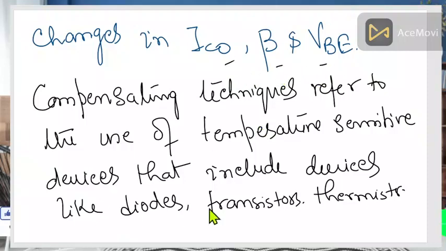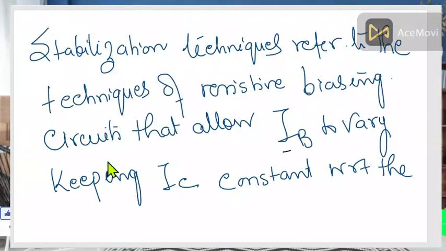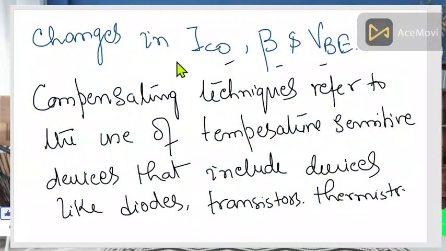So whatever change is occurring, that change is occurring in the base current, and IC has to remain constant with respect to changes in these 3 parameters. The next type of circuit, point number 2, is the compensating circuit or compensating techniques that refer to the use